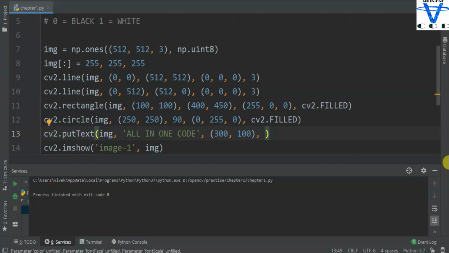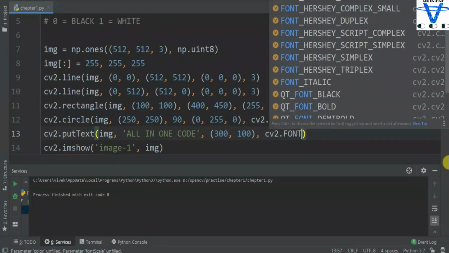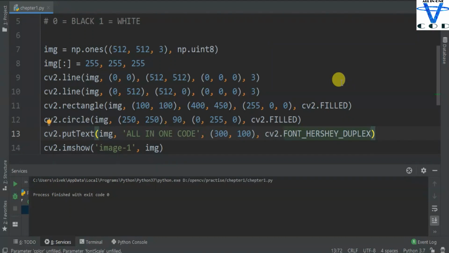Now cv2 has lots of fonts, so just use cv2.FONT. You can see lots of fonts available in cv2, but I'm going to use FONT_HERSHEY_COMPLEX, Hershey's duplex. And then the fifth one is scale, how big you want your text. Let's add 50, and then pass the color.